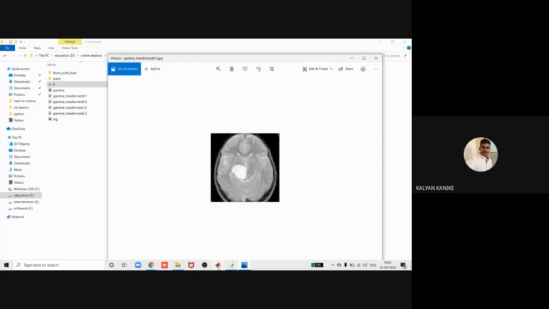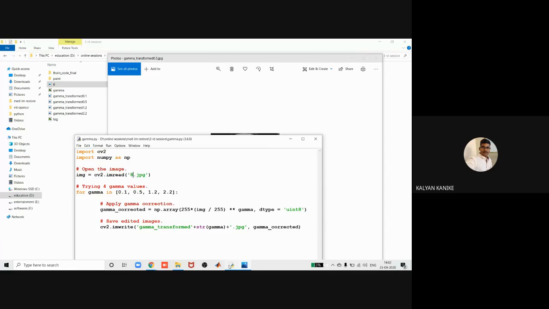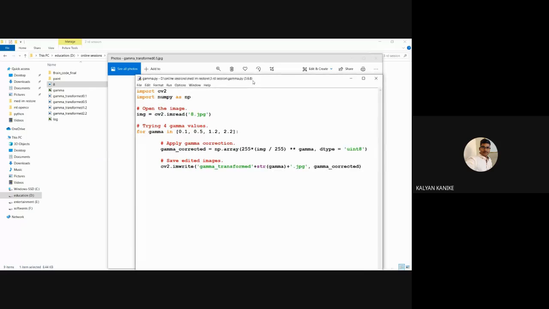So how to do this, here I'm showing it to you. It's a simple program only, but the formula is important. As usual, to import the packages we are using import cv2 and import numpy as np. Fine. Next we are going to read the image by using the imread keyword. So I am reading that 8.jpg image.